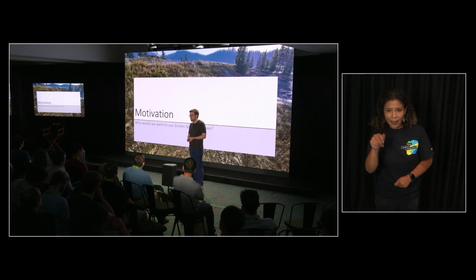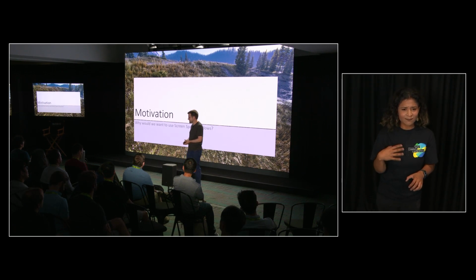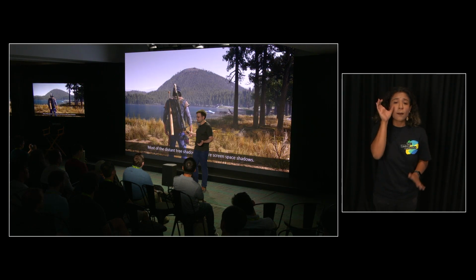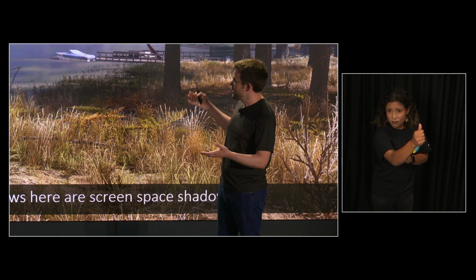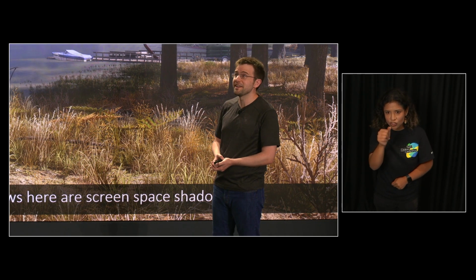So why would we want to do this? Because we've done this a number of times, so clearly there's a reason. This is an image from one of the games that uses this technique. If you see this mountain off in the background, it's got an awful lot of trees on it. And these trees are not scaled down, they are full size. So it's actually quite a long way away. And using traditional techniques, this sort of shadowing is actually pretty hard to do. Shadow maps usually don't have that sort of range.